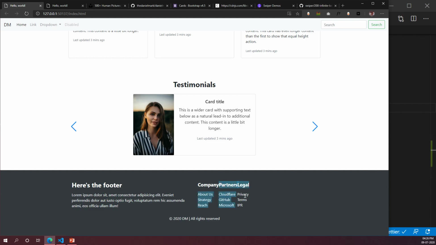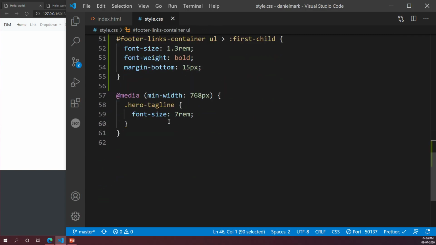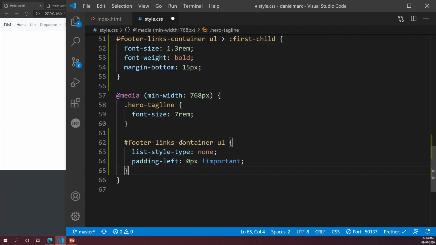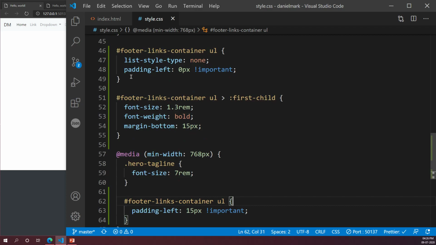But on your mobile phone alone, it sticks to the left, right? On your desktop alone, it sticks to the right. We don't want that. So what we'll do is we'll copy the same thing and we'll go down into our media query. Okay, so this is why we don't want the change to happen. So over here, what we're going to say is, let's just say 15px important. Okay, and we'll delete this line over here because that line will get inherited from the smaller media query anyway. So this will get inherited and it will come all the way here. But we want to override this on the bigger screens. So we'll define that here and it will get overwritten.